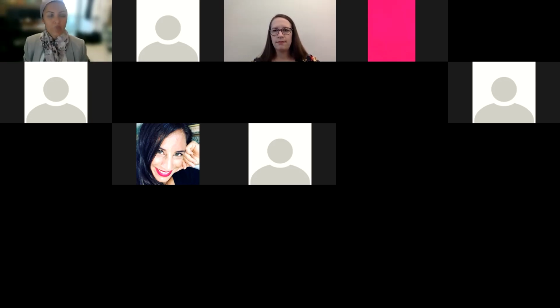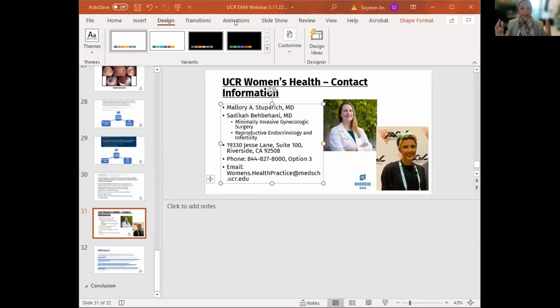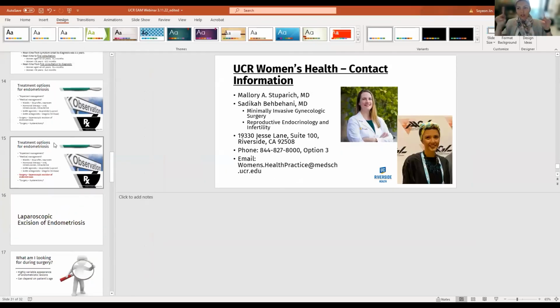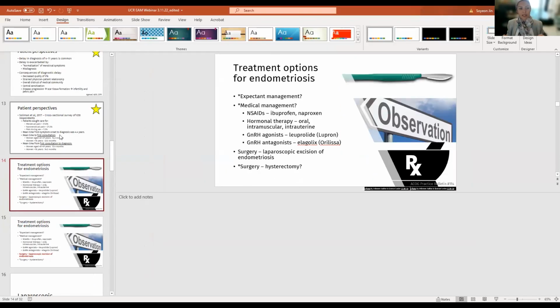Cyan, is there a chance we can pull up Dr. Stuparich's image of endometriosis? I just want to show something. I was actually going to unmute my mic and point it out because she had a great picture of fibrosis around endometriotic lesions. And so just like cancer, where do we stop? Where do the margins end? So what Dr. Stuparich and I do is we remove the entire lining, the covering of the pelvic sidewall, so that we remove not only the endometriosis, but all the tissue around it, so that we don't miss any microscopic disease that may grow into macroscopic disease later.